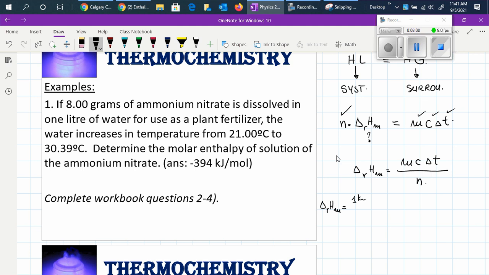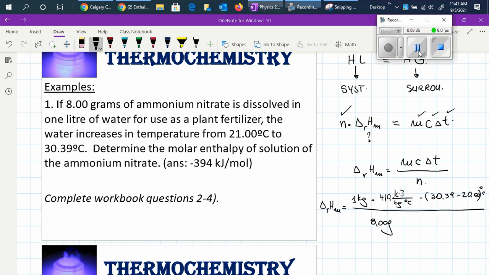1 kilogram times 4.19 kilojoules per kilogram degrees Celsius times (30.39 minus 20.00) degrees Celsius over 8 grams of ammonium nitrate that will have a molar mass of 80.06, because what we do is take a look at the formula on your page 4, and then you will see that ammonium nitrate is NH4NO3,